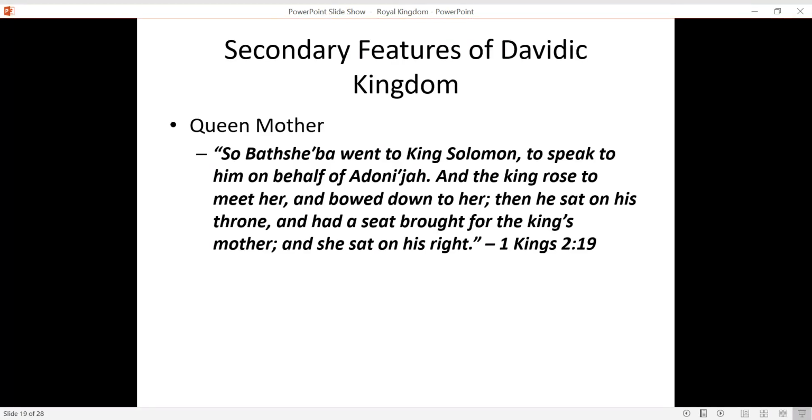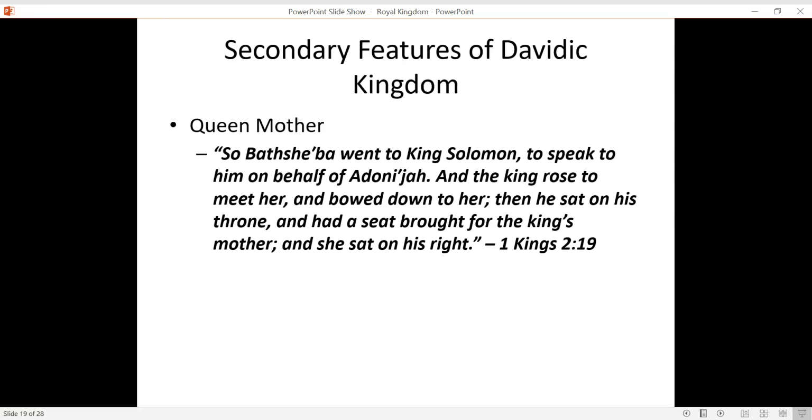What's really important is not how I mispronounced that particular name. What's really important is this: when Bathsheba, the mother of the king, entered into the court of the king, unlike with everyone else who would bow before the king, the king rose out of his seat to meet her. And then the king bows to her, not because she's more important than the king, but because of the special place she has in the king's heart. The king bows to his mother.